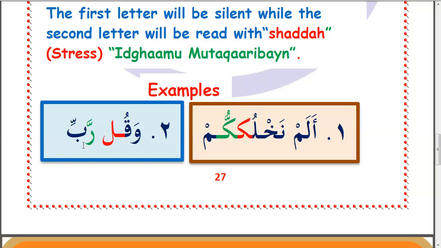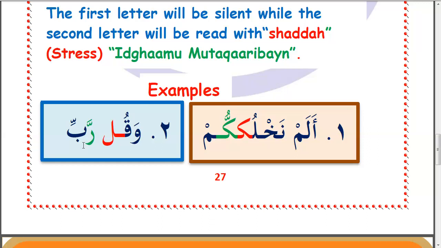Replacing letter R with letter L just because they are close to each other at the point of articulation. You may also see some replacing letter L with R. They will say lamb instead of ram, I have bought a lamb. I want to buy rice, instead of lice. I hope you understand. Why is this so? It is because the two letters are close to each other at the point of articulation. This is why it is known in Tajweed as Idghaamu Mutaqaaribayn.